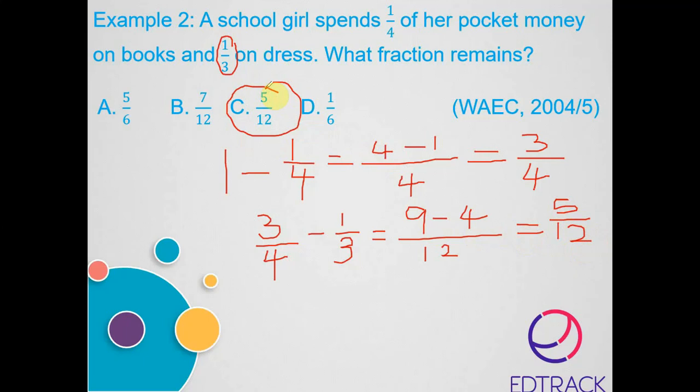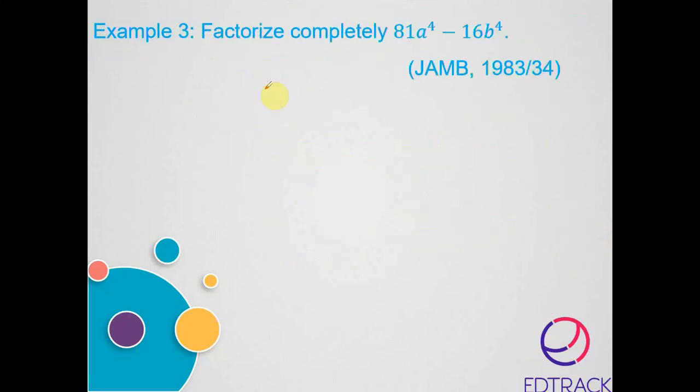Moving on to another question, which is example 3, and this one is from JAMB 1983, question 34. Let's solve this. We are asked to factorize this expression completely, and that is 81a raised to the power 4 minus 16b raised to the power 4. So how do we